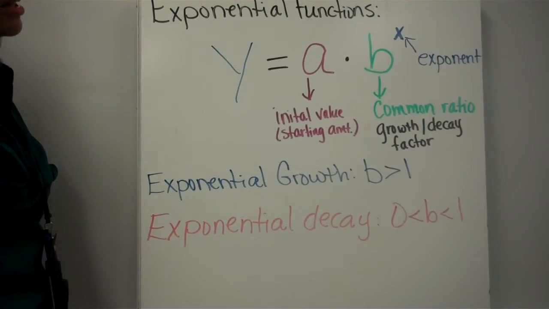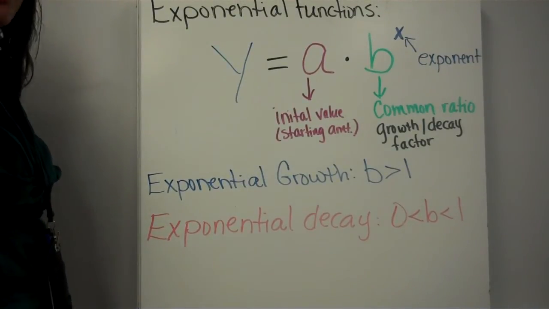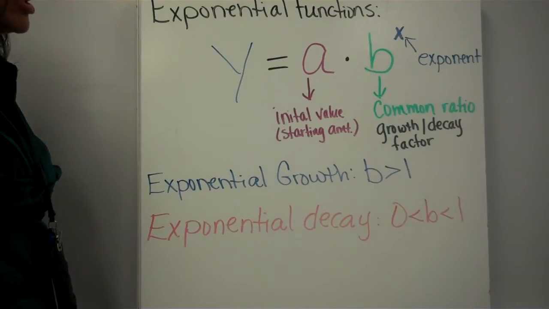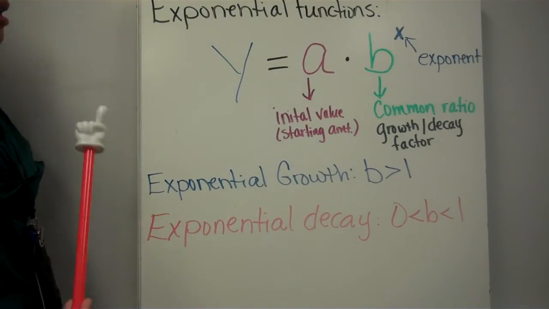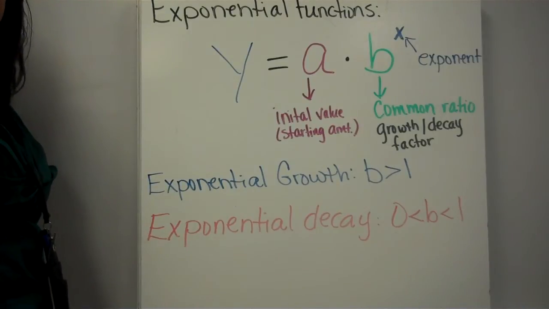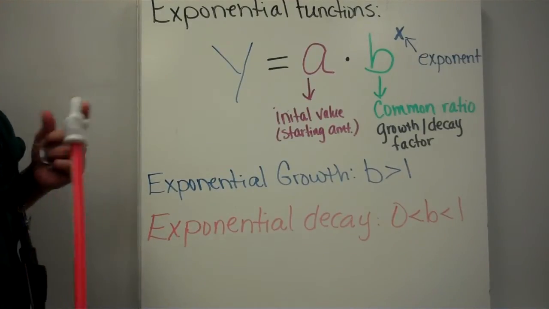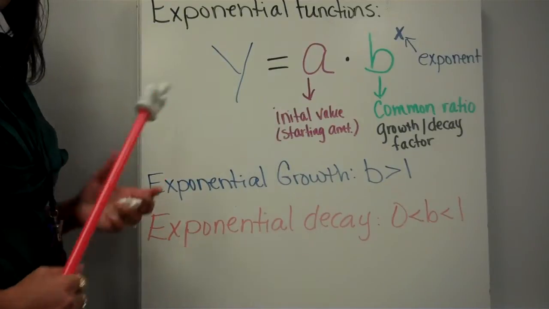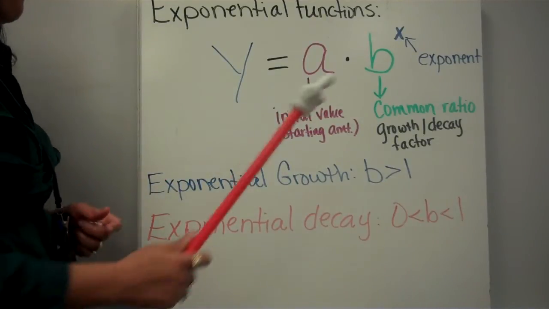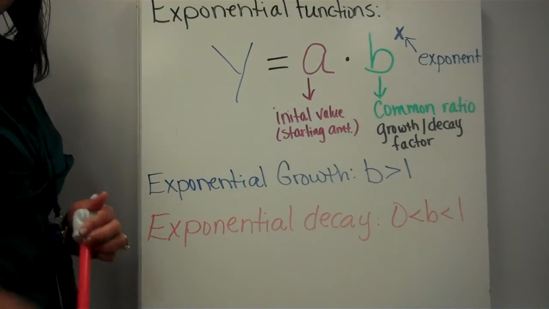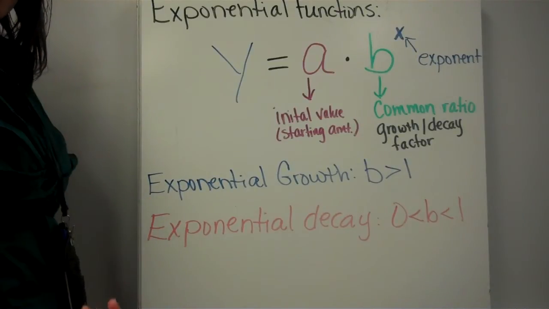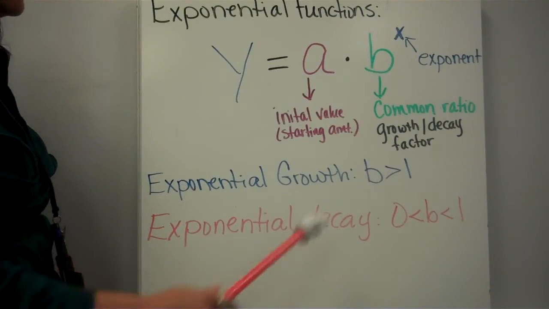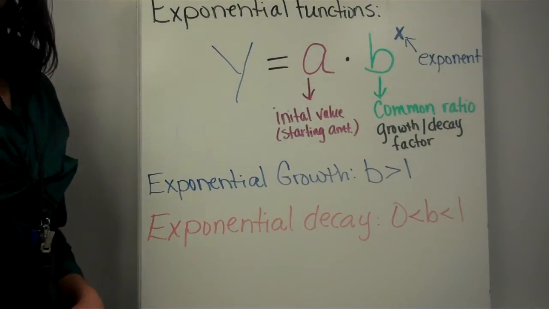Alright, remember before we discussed exponential functions. Exponential functions are functions where the variable is an exponent, written in the form y equals a times b to the x power. A is your initial or starting amount, b is your common ratio, which can also be your growth and decay factor, and I'll mention that in a second, and x is your exponent, which is